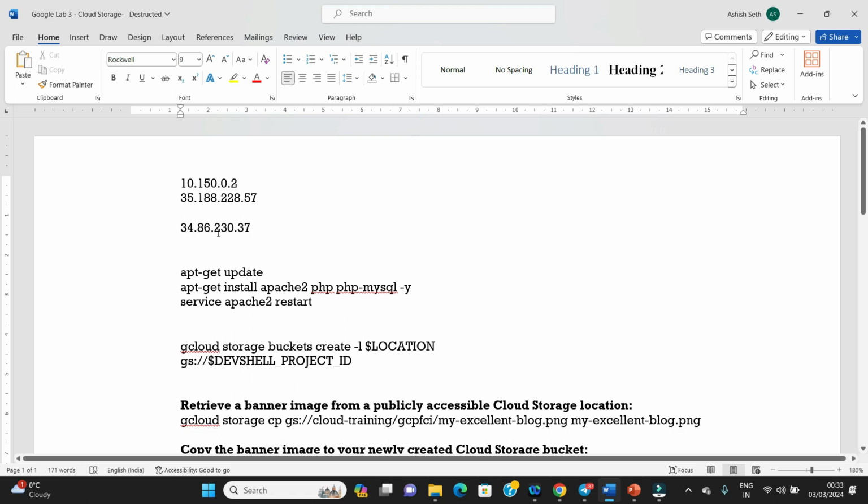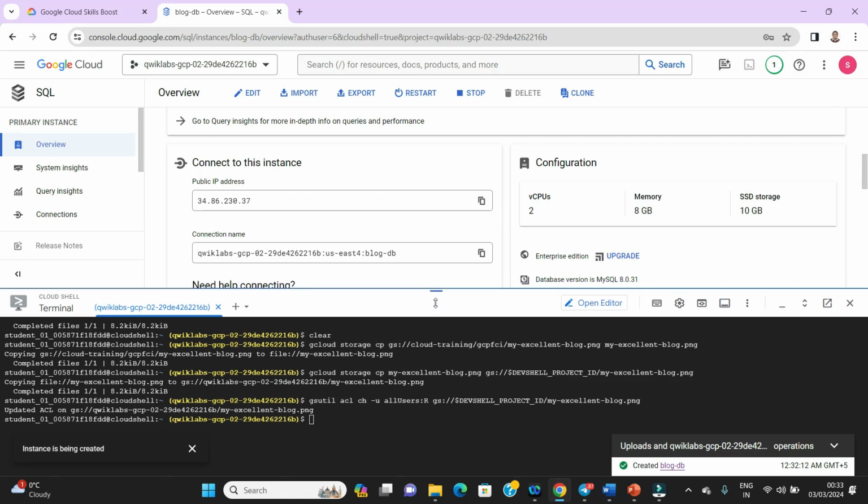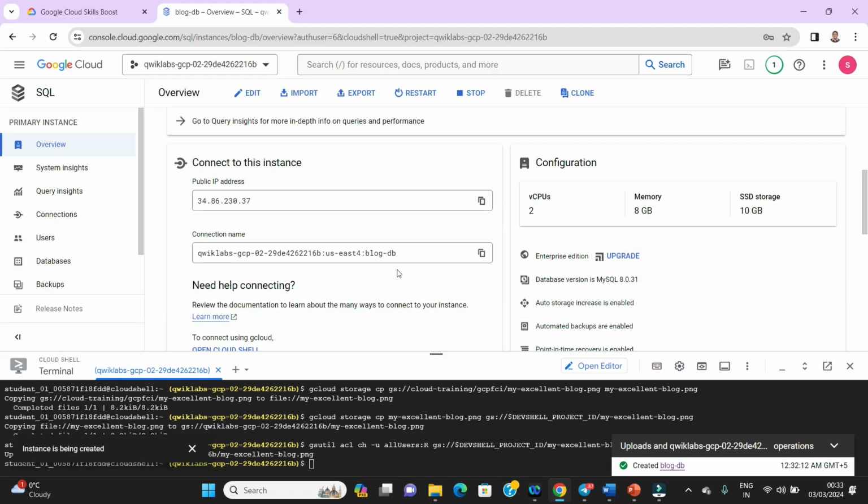So this is the ID, this is the IP for this SQL instance, and this is the IP for our virtual machine. Okay, then what's next? We are done with this, and then we are going to create one user into it. So this is our database, and we are going to create one user. We will assign a username to it, because when we connect to this database remotely, we have to pass this username and the password.